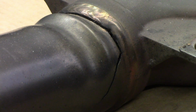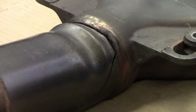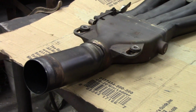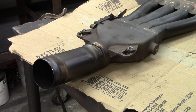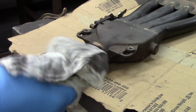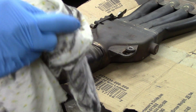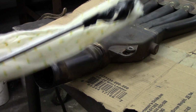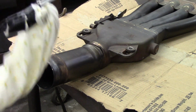It's obviously got carbon buildup inside of the end of the pipe and all the way through the exhaust, so I have to be able to get that carbon out. So I started out with a rag, which I taped on the end of a screwdriver. You can see how much carbon I've gotten out of it already, and that I covered that rag with acetone. So I taped the rag on in this form, and this rag again is a clean one, as